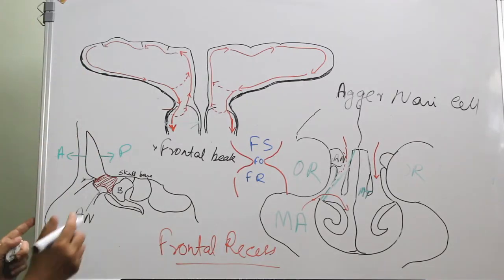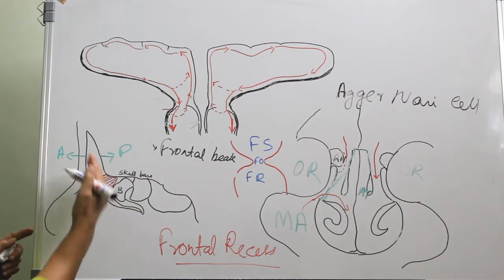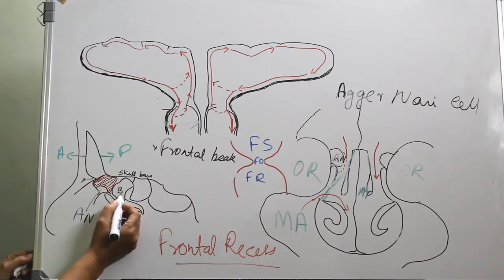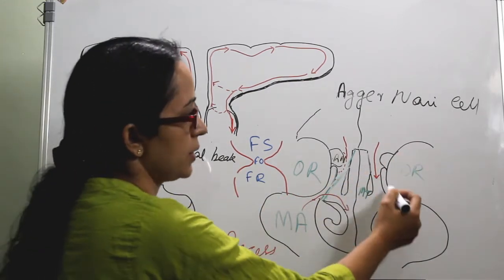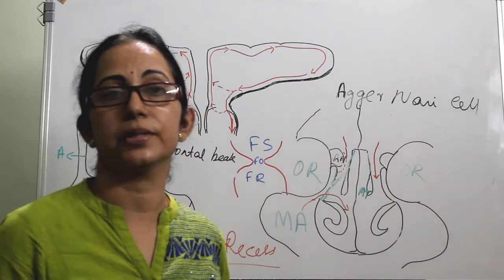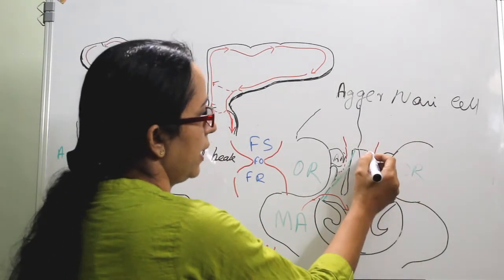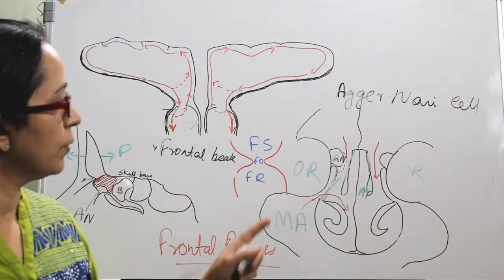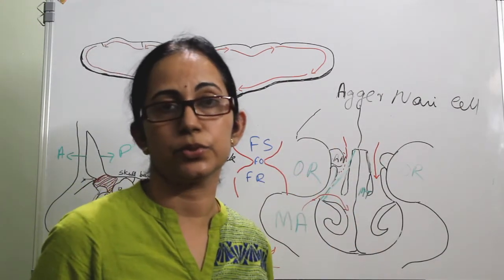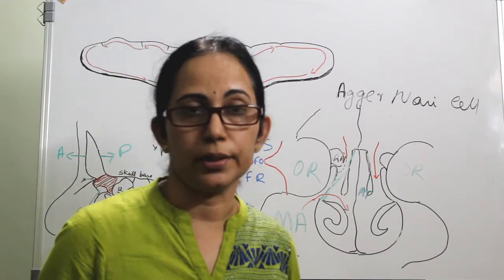I will explain once more. Anteriorly the frontal beak and the agar nasal. The posterior limit is by the bulla as well as the skull base, and laterally this is the orbit. So the medial wall of the orbit along with the lacrimal bone forms the lateral limit, and the vertical plate of the middle turbinate forms the medial limit. So that is regarding the frontal recess,